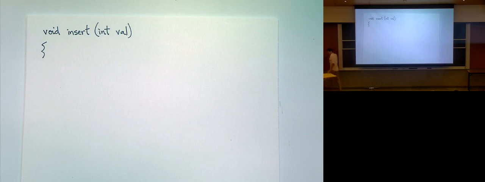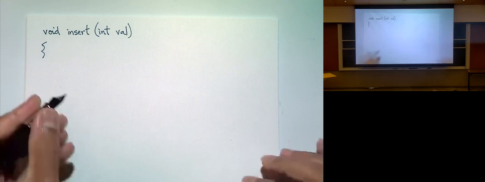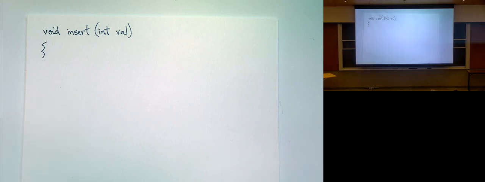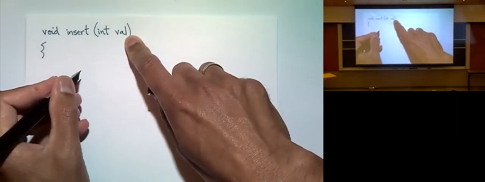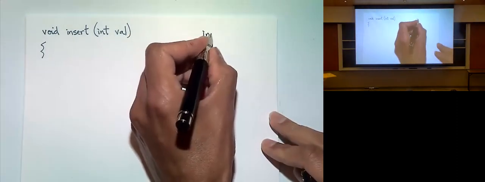Okay, so why am I doing this? Because now, since most of you have seen linked lists, I'm going to ask you what the answer is over here. So the code to insert in a linked list is 4 lines of code. The first is you got a value, so you want to insert